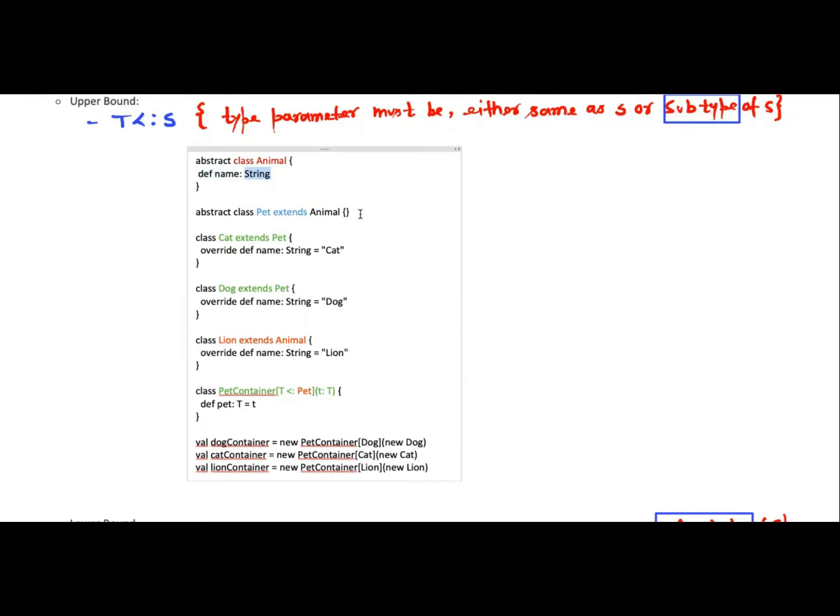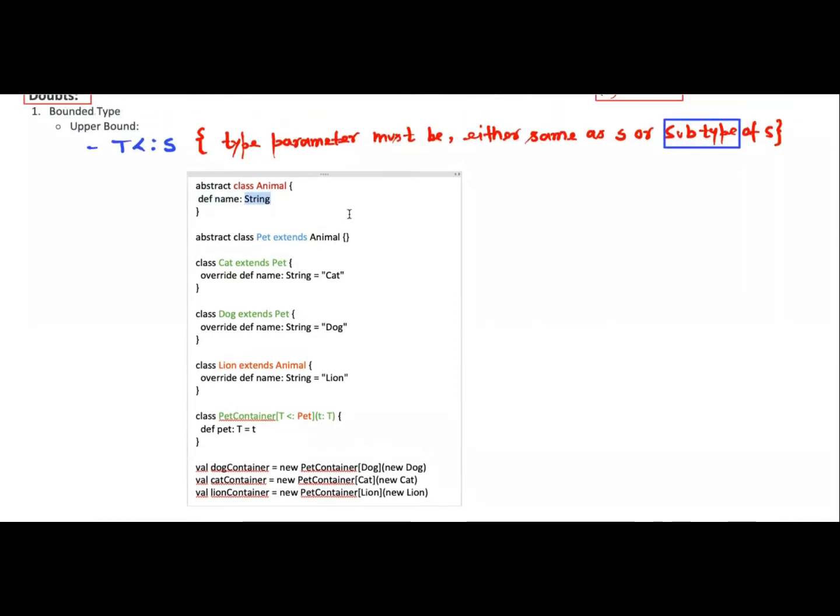I would like to tell you that our focus should be on this symbol. But to understand this symbol, we need to understand the inheritance. As you can see here, the class Cat is extending the Pet class. And what is the Pet class? Pet is another abstract class which is extending the Animal class.